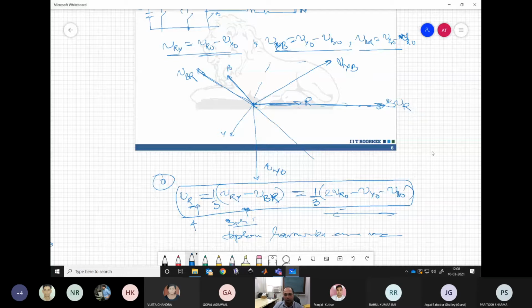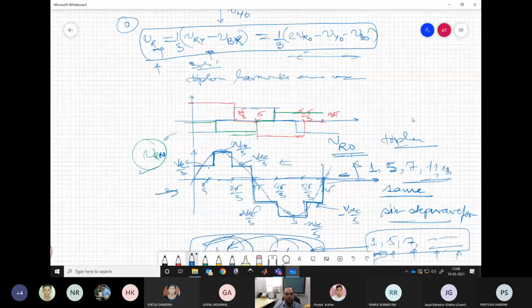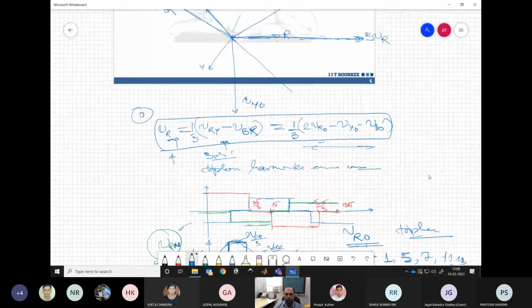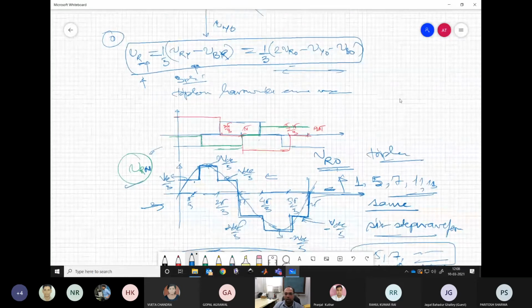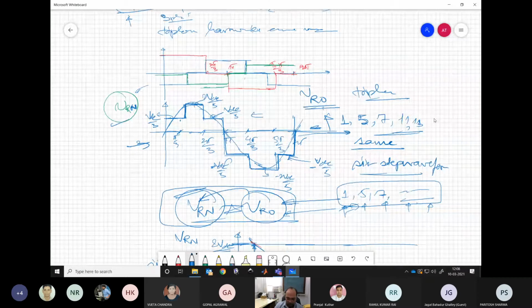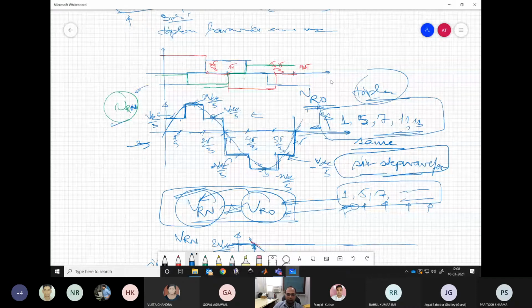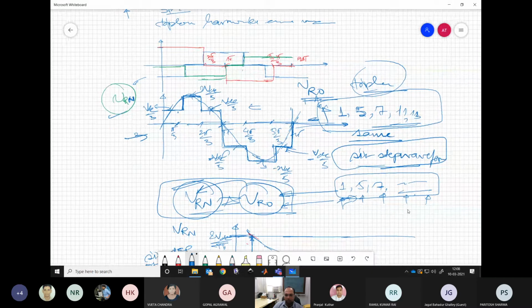Then we compute the line-to-line harmonics and we see that the third harmonics go missing, which means if we try to retrieve back our phase voltage, that is not going to be the same as our pole voltage. What we saw is that indeed it is different, and it is a waveform which has different steps. So 6 steps in total. That's why the name 6-step waveform comes. And this is different from VRO in terms of the triplet harmonics. Otherwise, all other harmonics are the same in VRO and VRN. There is no change in amplitude or phase or anything.